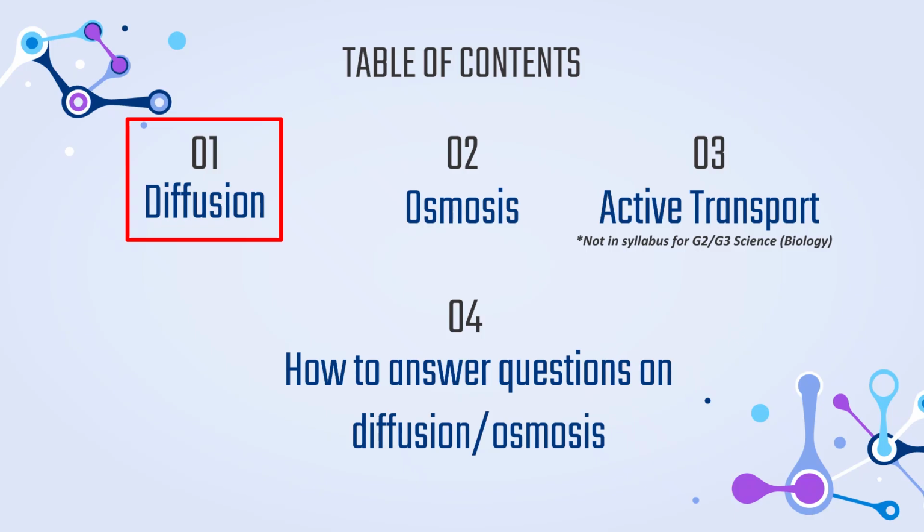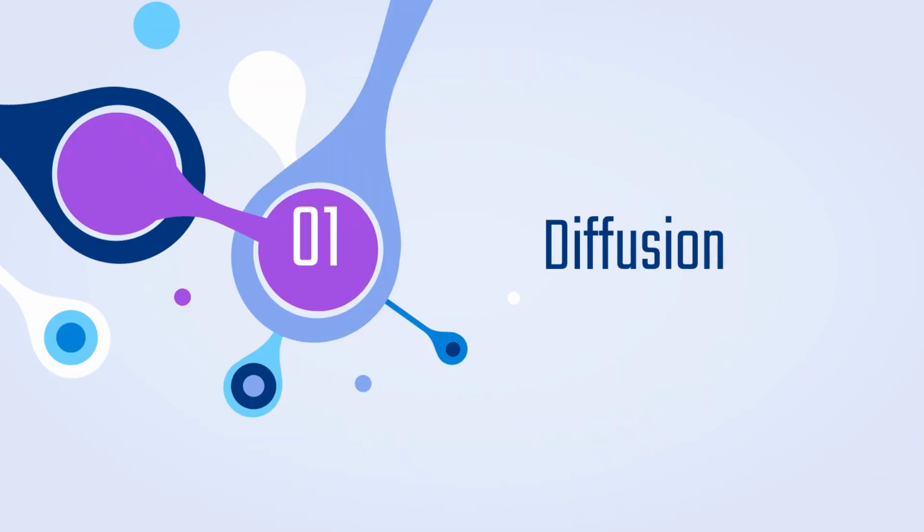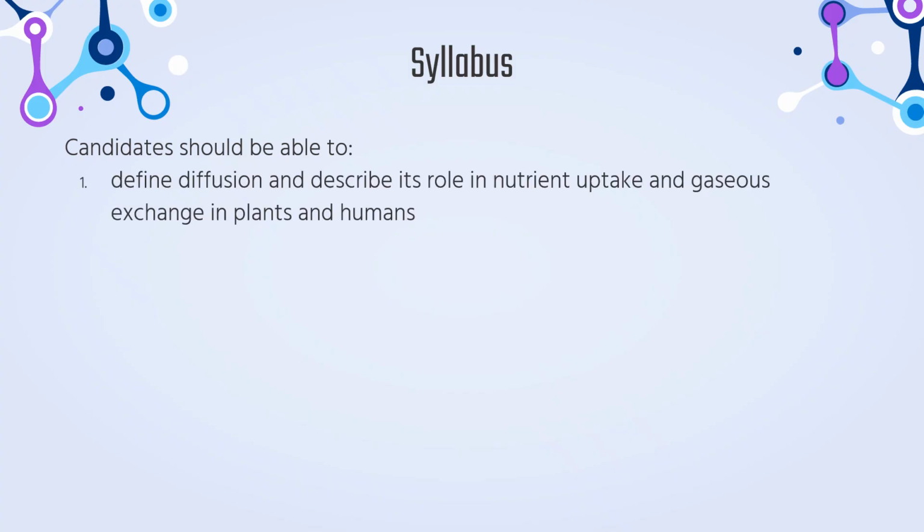And for part 4, I will be trying to explain to you how to answer questions on diffusion and osmosis. So let's start with diffusion. These are the objectives that you should know. You must define diffusion and you must also describe the role of diffusion in nutrient uptake and gaseous exchange